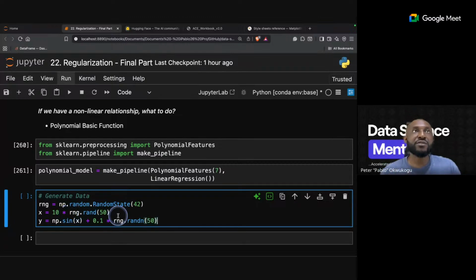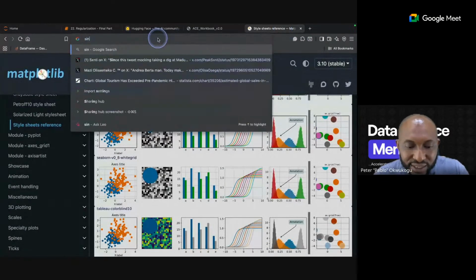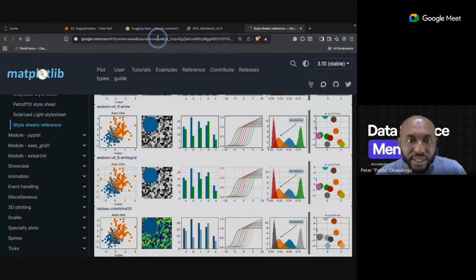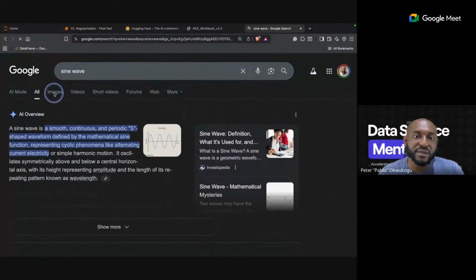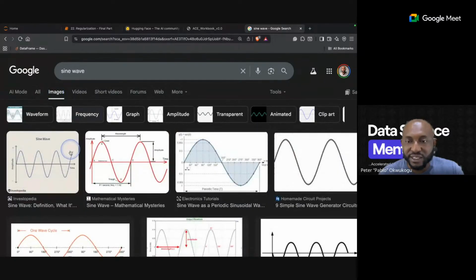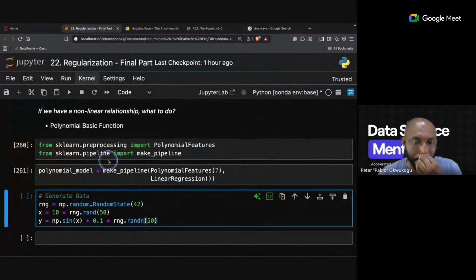Now you see we have two data sets, the regular one and this one that has a sine wave. And just to put it in perspective, if I put in an image of a sine wave, you can see that an aspect of the data will have this going on. So that's what I'm trying to get at.